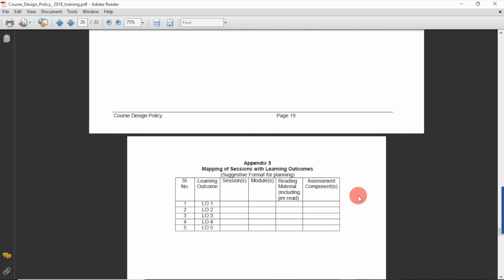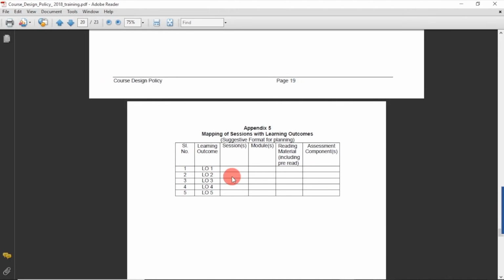So when I talk of program, I'm talking of MBA or BBA or BCA as a program, and when I'm talking of subject outcomes, these are the outcomes to be achieved by every subject which we are teaching in that particular course, and overall all subjects should be able to take care of the outcome of that particular program. So you should go in for mapping it also. How many sessions you have